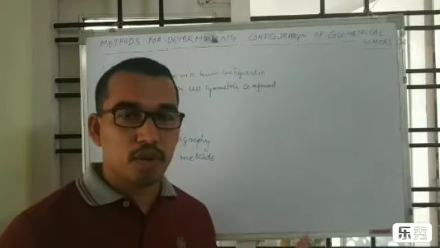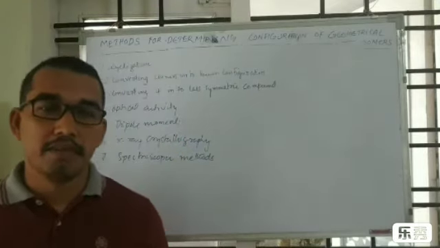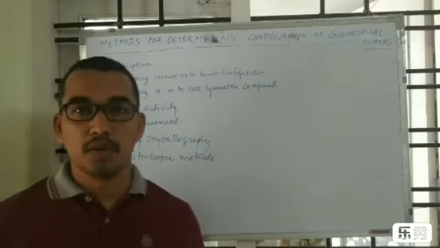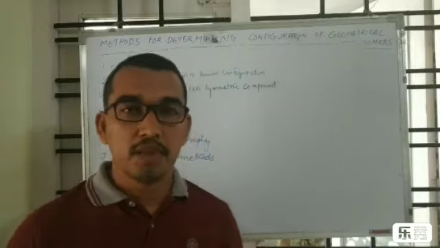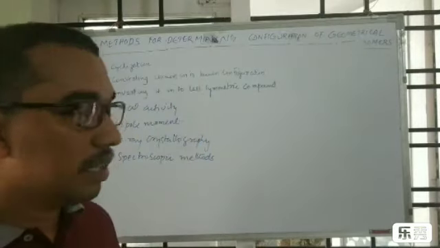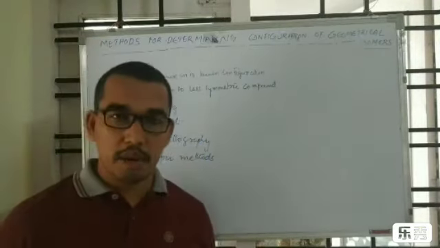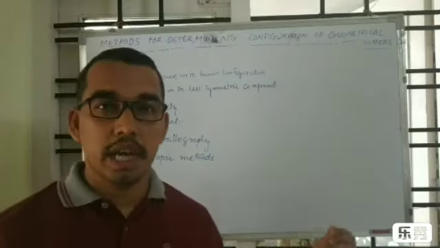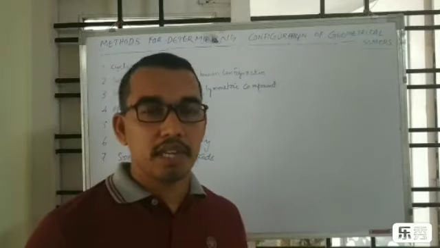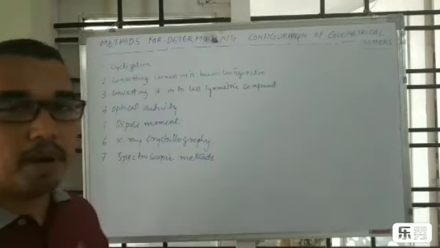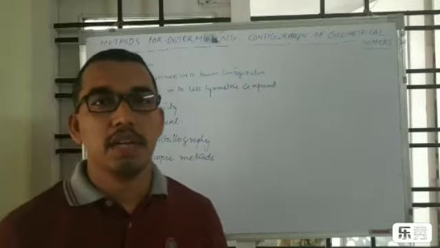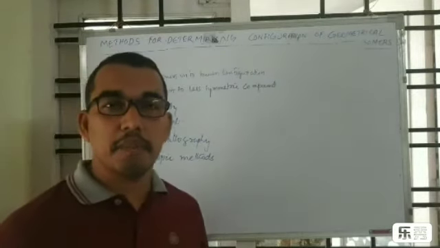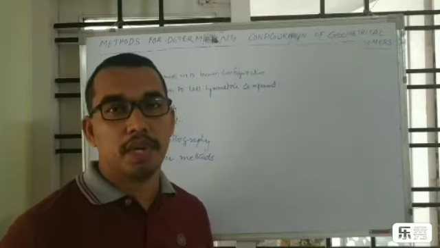In UV visible spectroscopy, the lambda max will be higher for the trans variety than the cis isomer. In mass spectroscopy, the molecular ion peak will be stronger for the trans variety. The coupling constant will be different for different isomers in NMR spectroscopy. The rotational frequency in IR spectroscopy will be different for different isomers. So with those spectroscopic methods, we can determine the configuration of geometrical isomers.